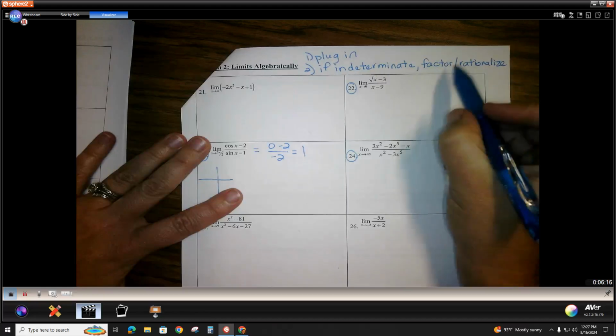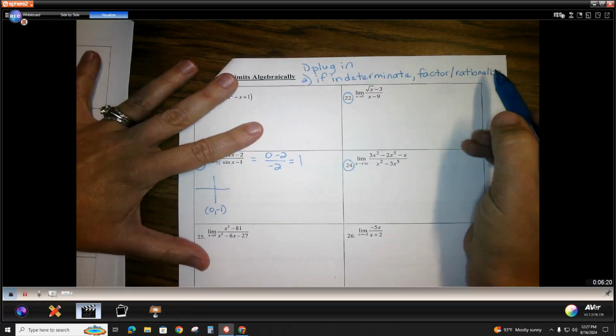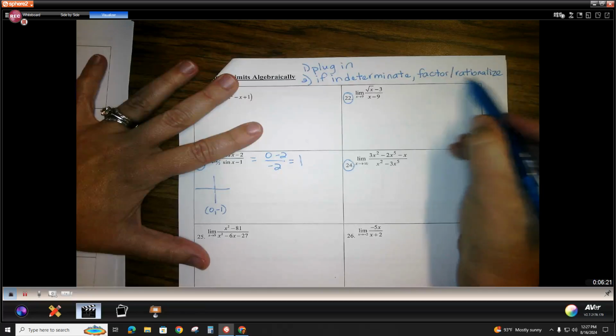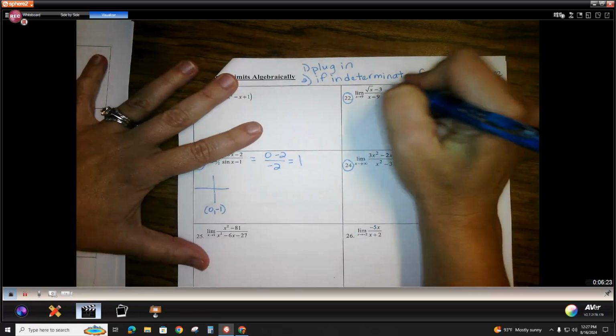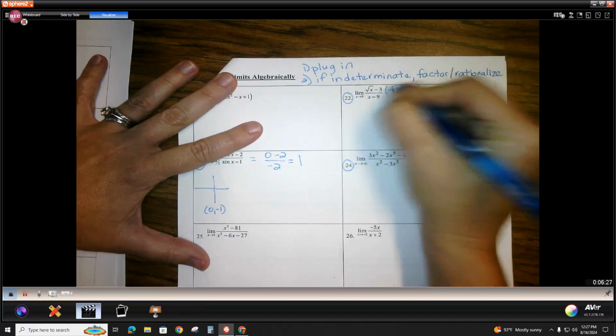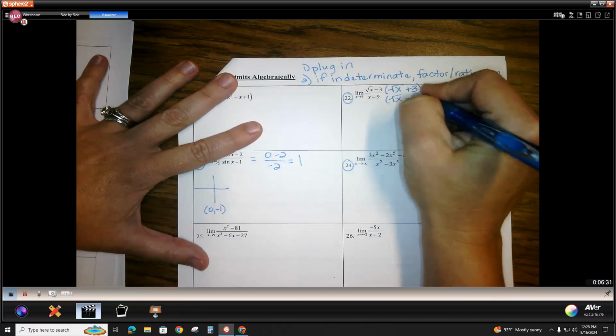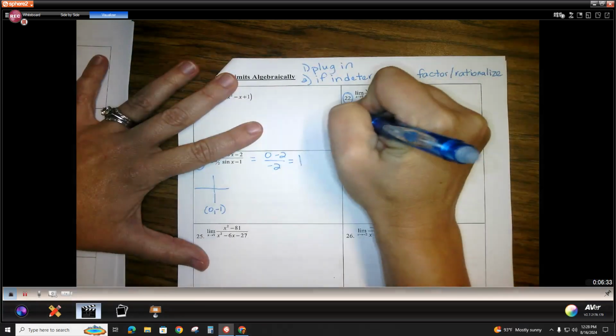So what we want to do is use one of our tricks to try to be able to plug it in. So rationalizing is when we have a radical here. So I'm going to multiply this by square root of x plus 3. That's the conjugate. You always change the sign of that. Square root of x plus 3. And now,